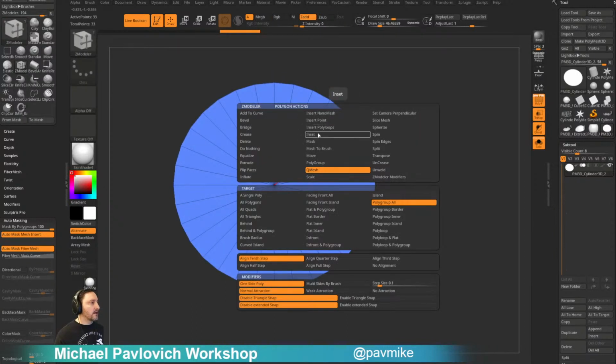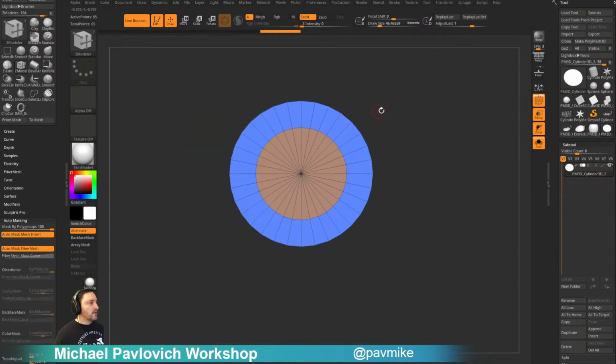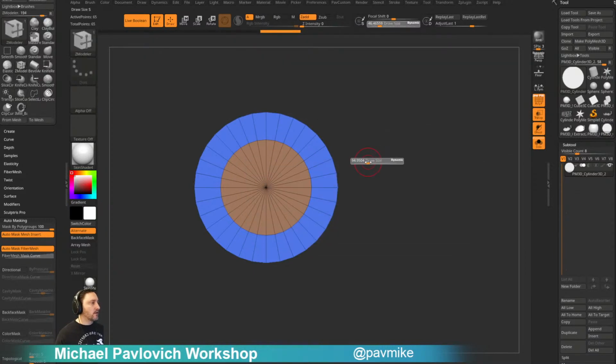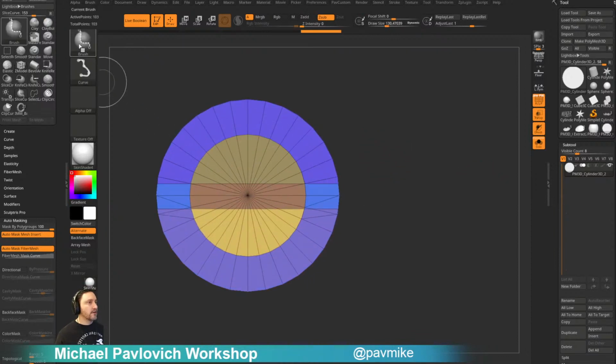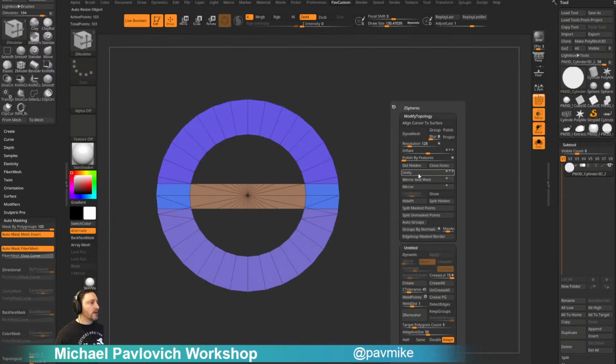So we're going to go in here and say inset, polygroup all, legacy. Now I need to bridge these across, but you can also do a slice curve, then hold down spacebar, do brush radius, and you can literally just slice across here to get these polygroups. And then, what polygroups do you need to keep? This one and this one and this one and this one,